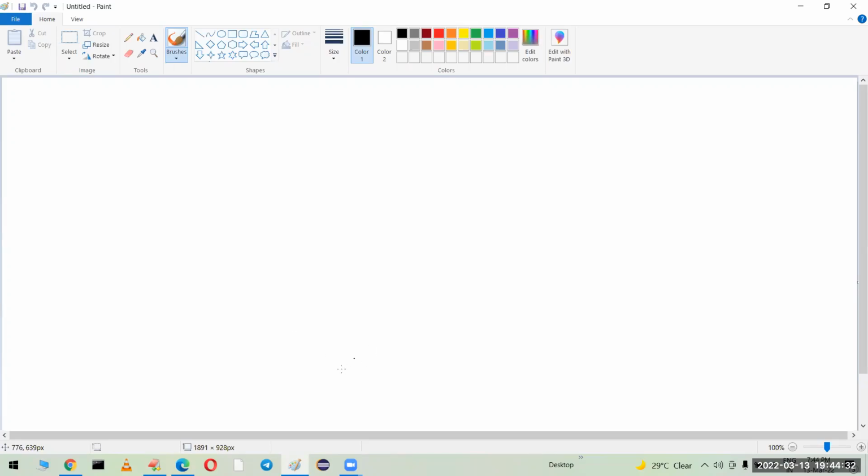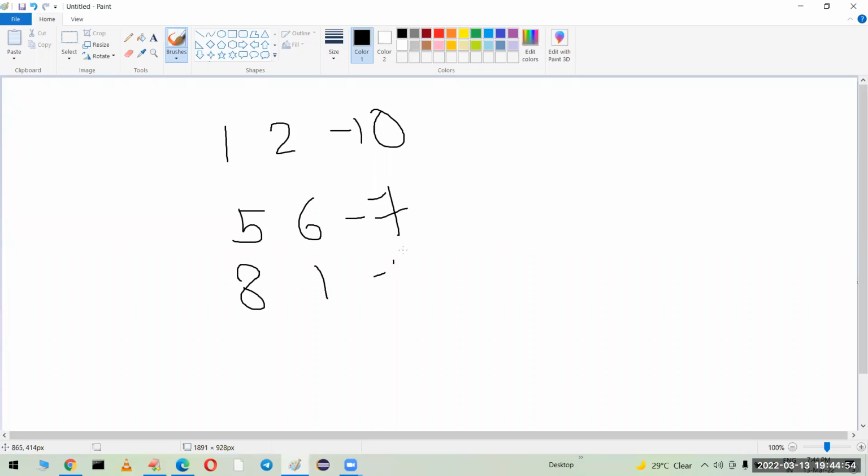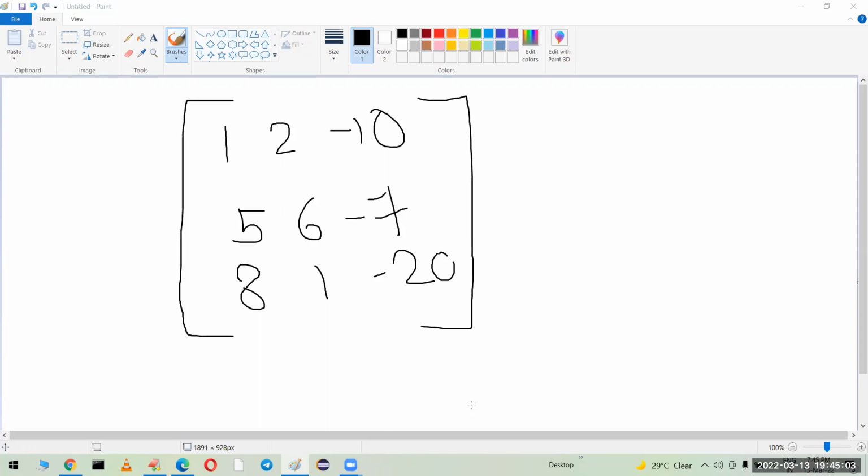Okay, fine. Now suppose I have a matrix like this: 1, then 2, then minus 10, then 5, then 6, then minus 7, then 8, then let it be 1, and then minus 20. Consider this is my matrix. So in this,